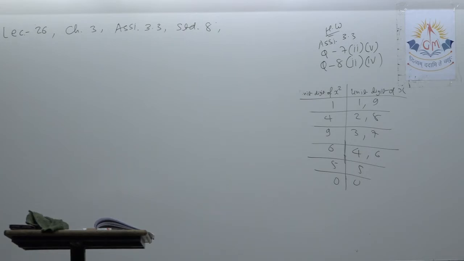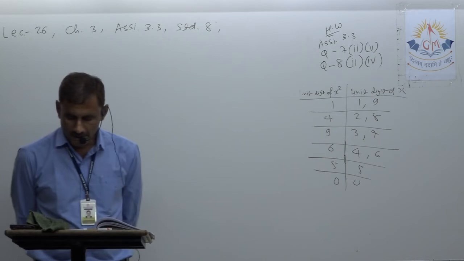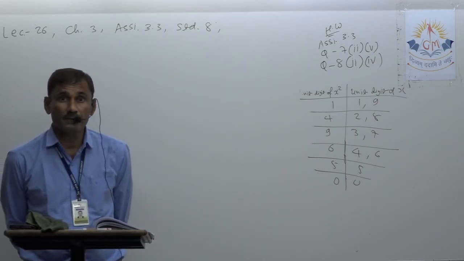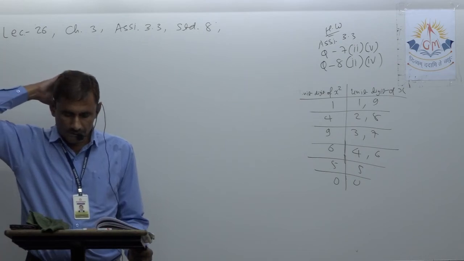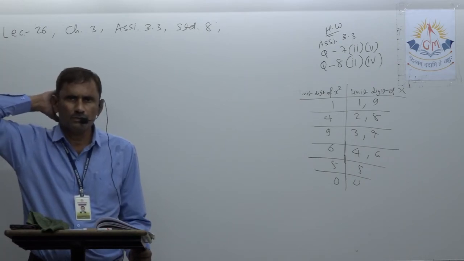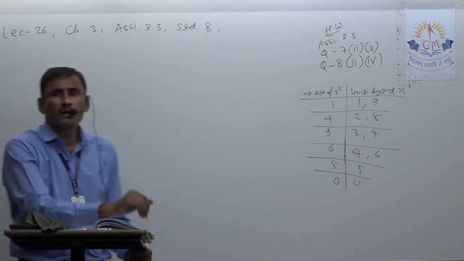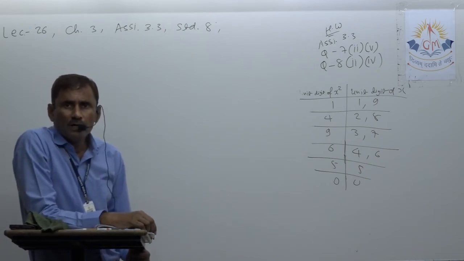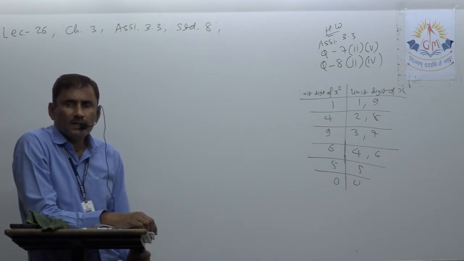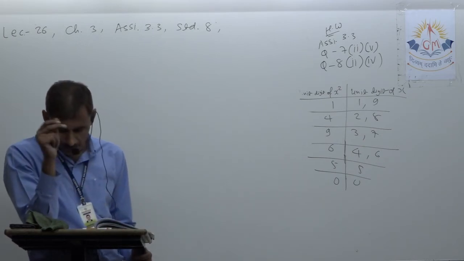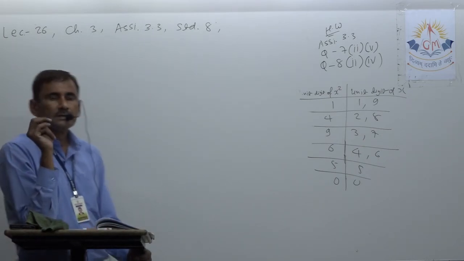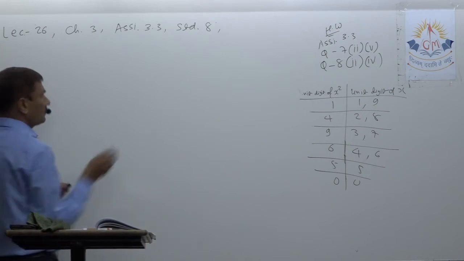The area of a square plot of land is 531 square meters. Area is given. Find the approximate length of the side of the plot. You know the formula for the area of a square. It is A equal to L square. You should find your length or side. Okay, so write down the formula first of all.